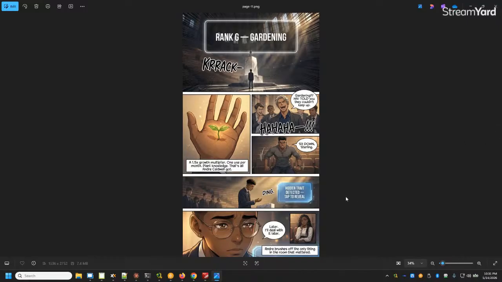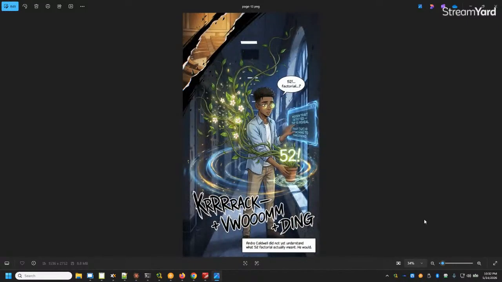All right. So he's just disappointed. He is ignoring his additional trait here because he's so distraught. Everyone else got rank A or higher, and he got rank what? Rank G. I was about to say rank F. All right, so this is the end of chapter one. But it's kind of like a preview into the next chapter, right?